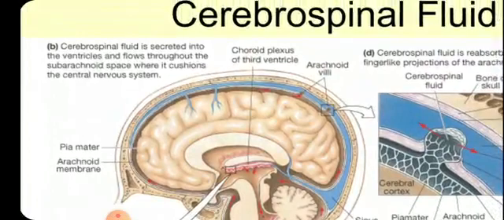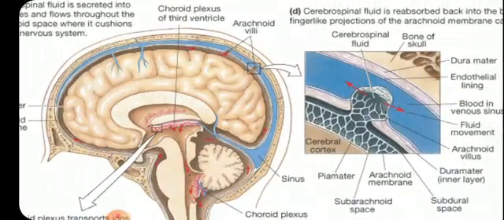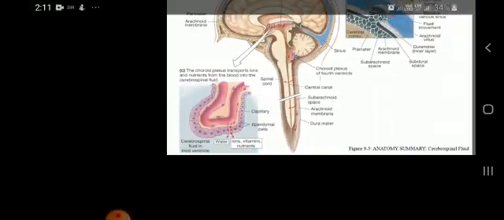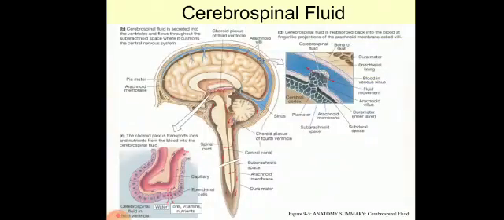I don't think the cisternae are marked in this picture. The three of them to name are the cisterna pontis, the cisterna magna, and the cisterna basalis. Now it's basically the cisterna basalis which contains the circle of villi. So that's generally about the cerebrospinal fluid, where exactly it is present, and I wanted you all to know a little about the covering membranes of the brain and the spinal cord, where I mentioned the three membranes, the dura mater, arachnoid mater, and the pia mater.